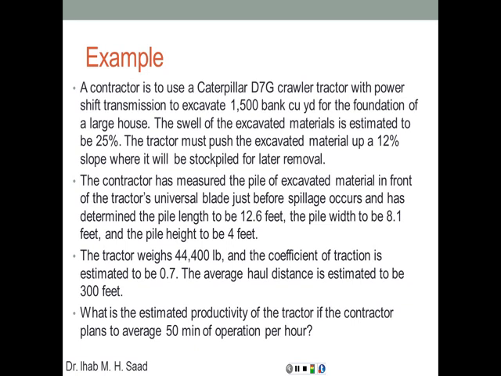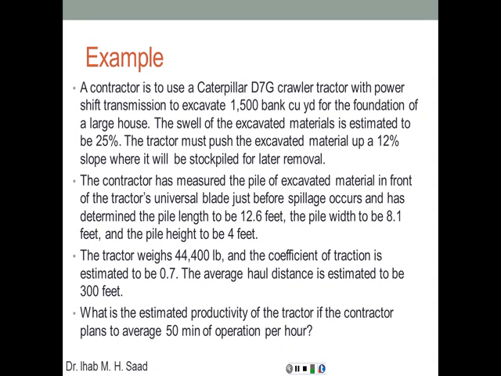The contractor has measured the pile of excavated material in front of the tractor universal blade just before spillage occurs and has determined the pile length 12.6 feet, width 8.1 and height 4 feet. If you remember the equation that we used in the previous lecture, 0.375 WLH, this is something that we're going to be using here. The tractor weighs